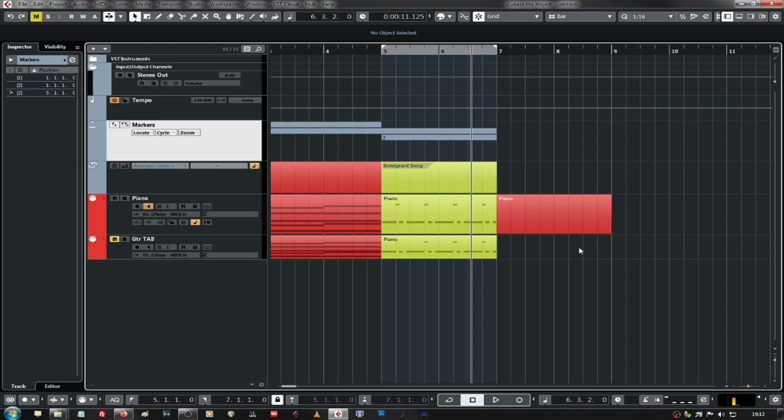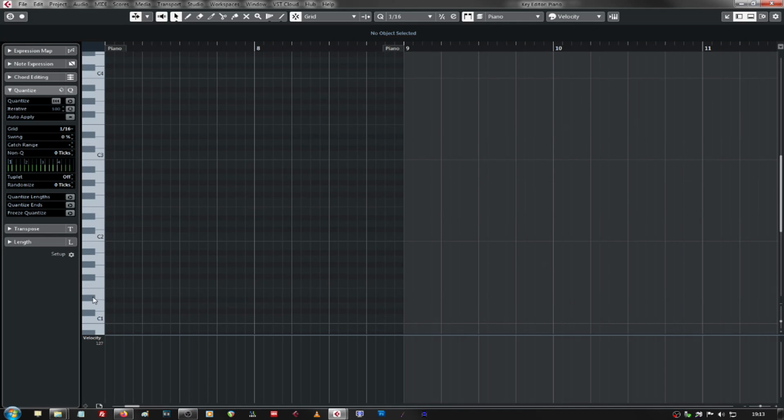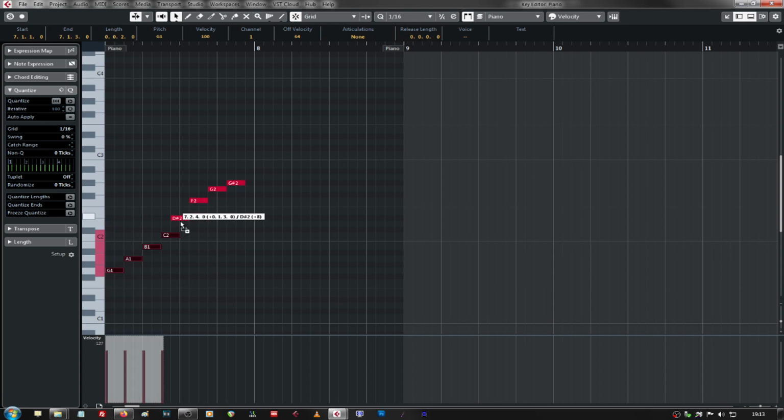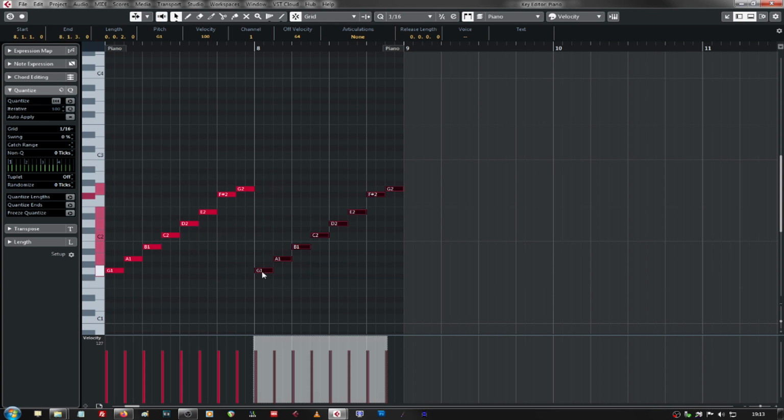Why not do a chord box as well, showing the notes? So we'll do that now, and we'll make this green, and we'll just call this 3-note per string G major. And in here, I'm just going to draw up a G major scale, and what we can do now is